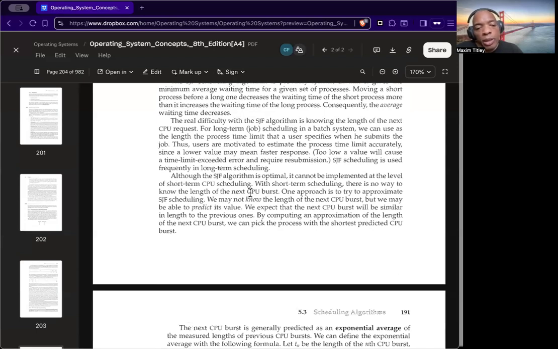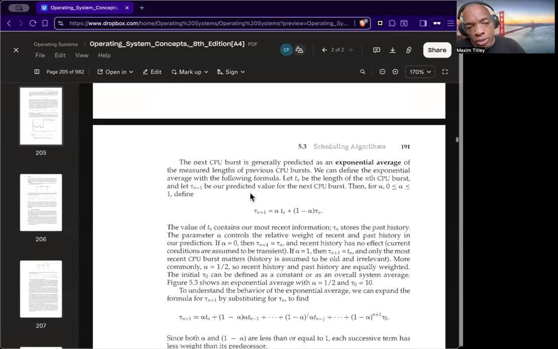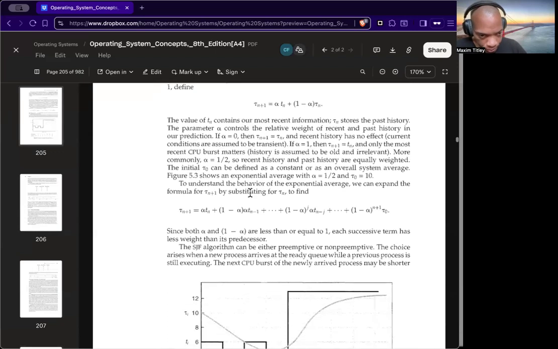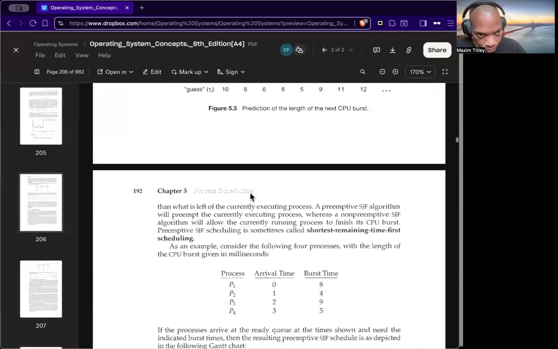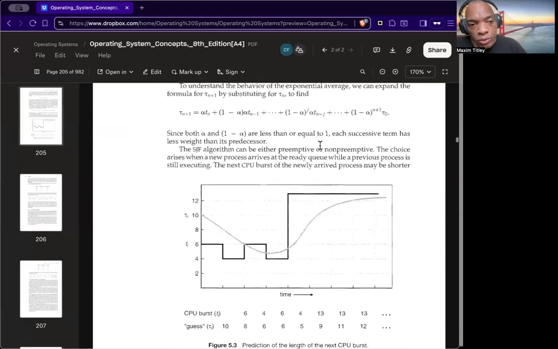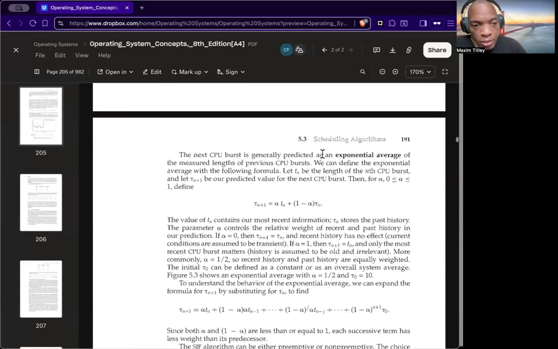But now, what if we have, say, very, very lengthy jobs and the CPU bursts do not line up with the total amount of time that it takes for us to finish the processes? Well, there's another scheduling algorithm for that one. All right. Moving further down, you would have something called shortest remaining time first, if only we did something called round robin, right? Here's the thing.